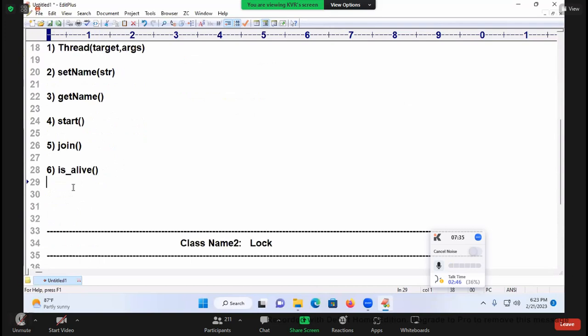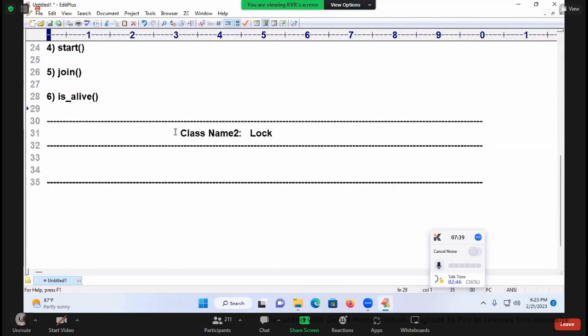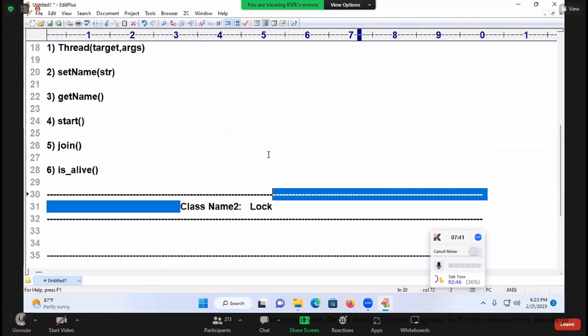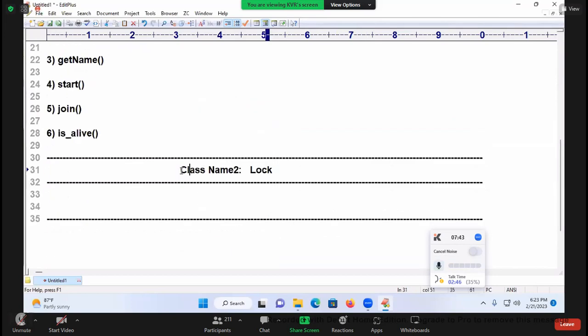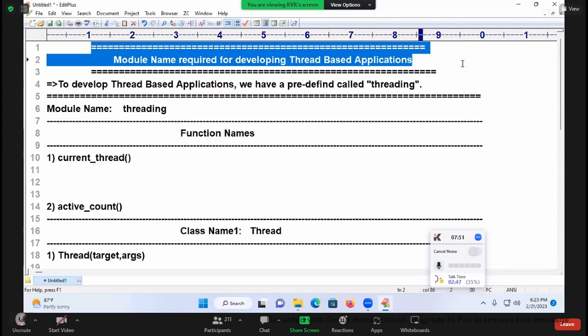These are the functions you need to learn. What is the use of each and every one? Later I will go to lock. Right now I am not talking about the lock. That is in tomorrow's explanation. Today I will talk about these functions, and parallelly along with that I am discussing